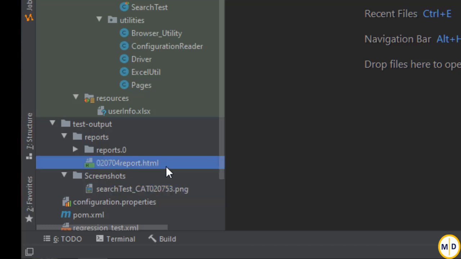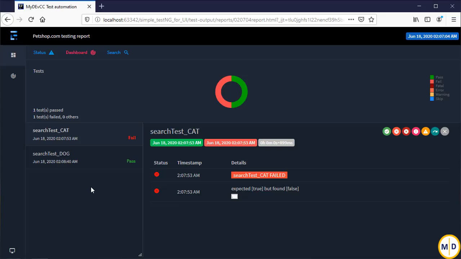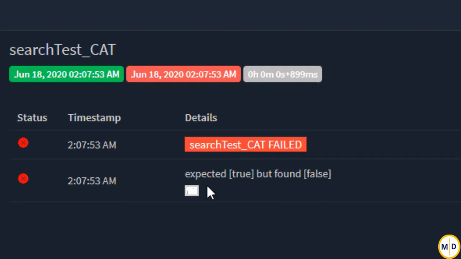It's an HTML report, the extent report, a very nice report. Let's have a close look at our report. This is our extent report. As you see, it's an awesome report. And if your test fails or passes, you can see the whole detail. For example, you can see the test report title. And if your test fails, you can see here